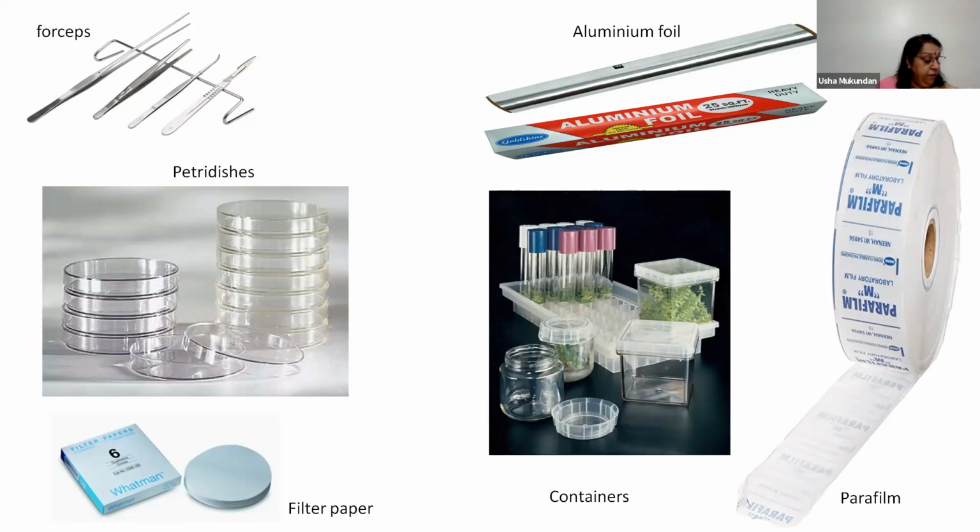Now what is a parafilm? It's a semi-transparent, flexible film composed of a blend of waxes and polyolefins. You cannot put a parafilm and then sterilize. It's going to melt and stick to the container. So normally when you are inoculating a material, say you have inoculated on a petri plate, then you seal the petri plate using a parafilm.